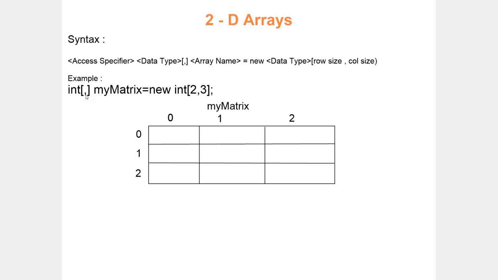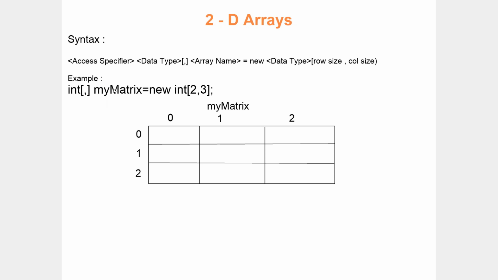It means this is going to split your collection into two different dimensions, where you can have the first dimension in the first part and the second dimension in the second part. The first dimension is nothing but rows and the second dimension is nothing but columns. So the first part will define the number of rows of a collection and the second part will define the number of columns of a collection.